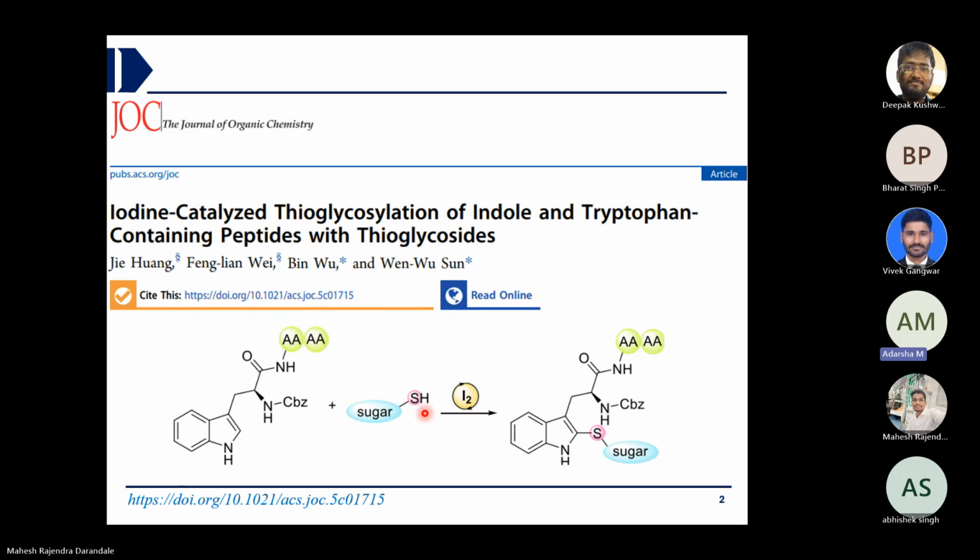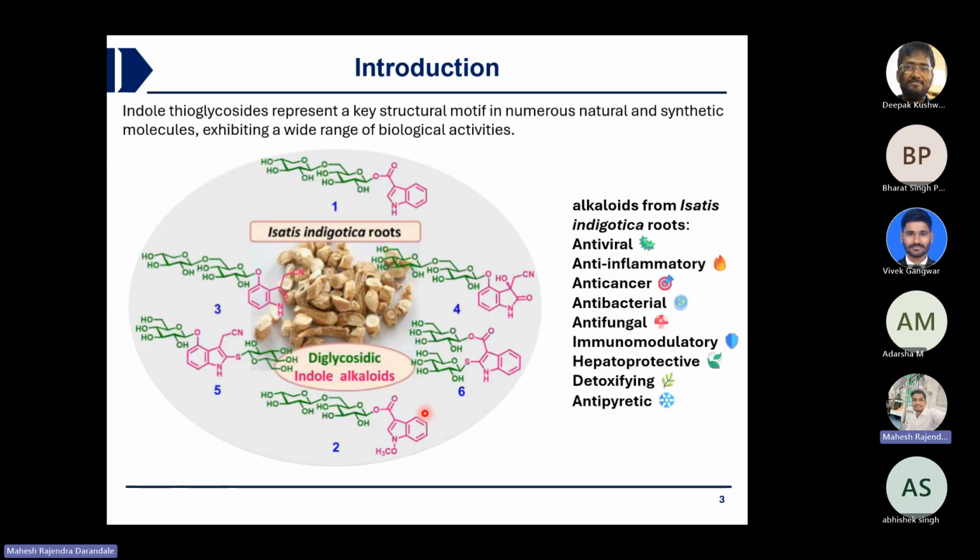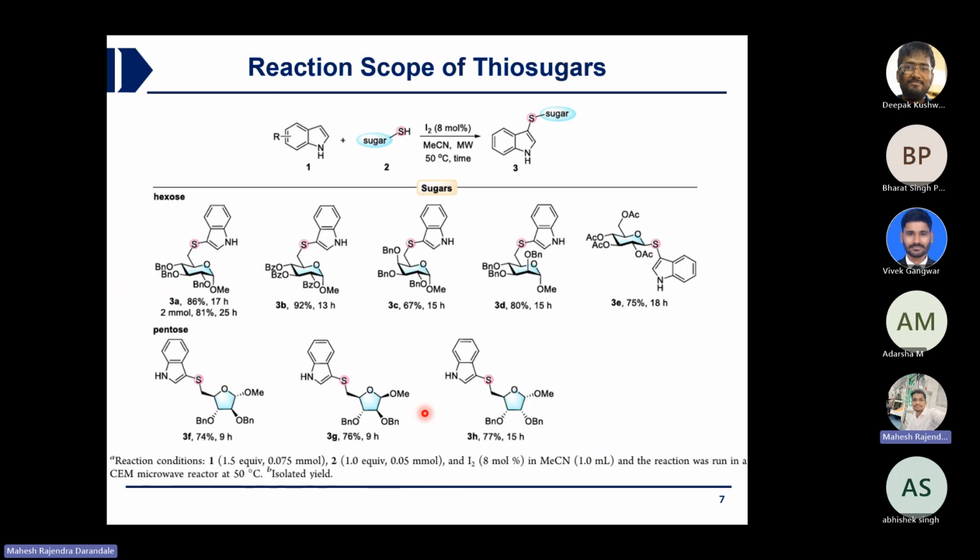In the whole paper, they showed the initial example of anomeric thioglycoside, but the whole paper is about C6 thioglycoside. Did they mention anywhere that they tried the anomeric thiol and didn't get the reaction? One thiol they have tried, with good yield only, but I don't know why they have not increased the substrate scope with it. Only one example they have shown. Then I don't know why they went with the C6 thiol for the whole paper.